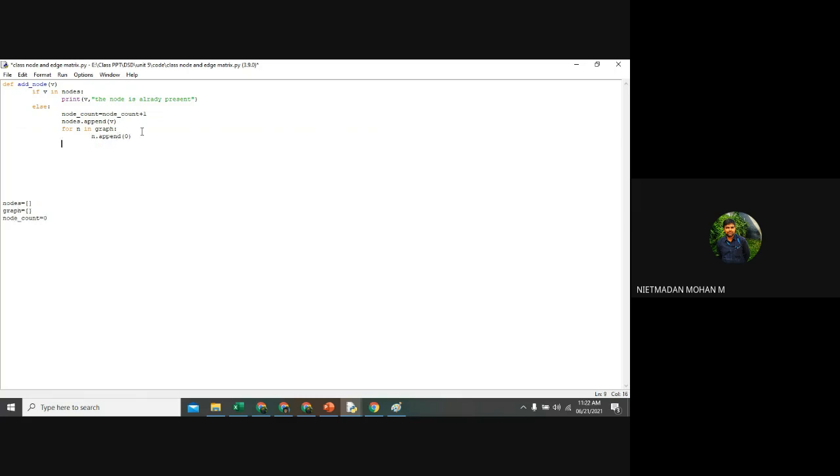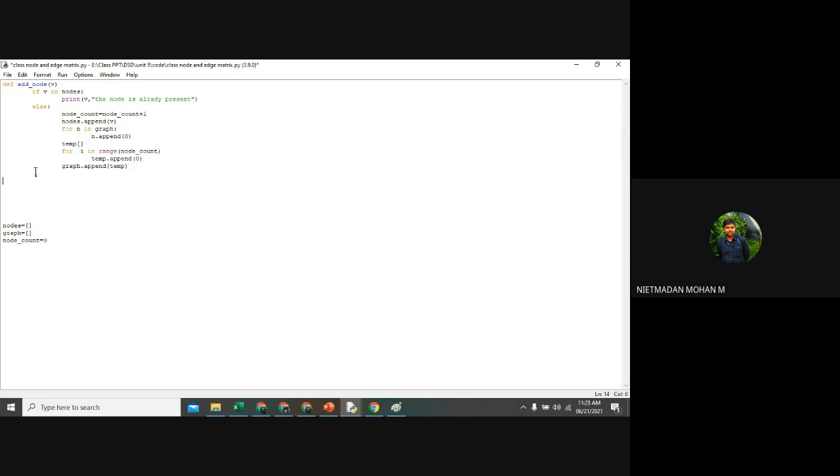And after that, I want to give the graph representation for all the codes if I am adding new nodes over here. For that, I am going with the temp variable. For i in range node_count, temp.append(0), then graph.append(temp). So these three lines will be very important actually. So I will tell you why.